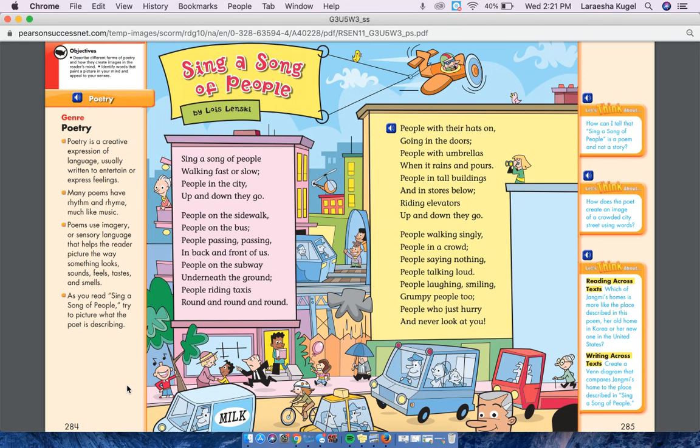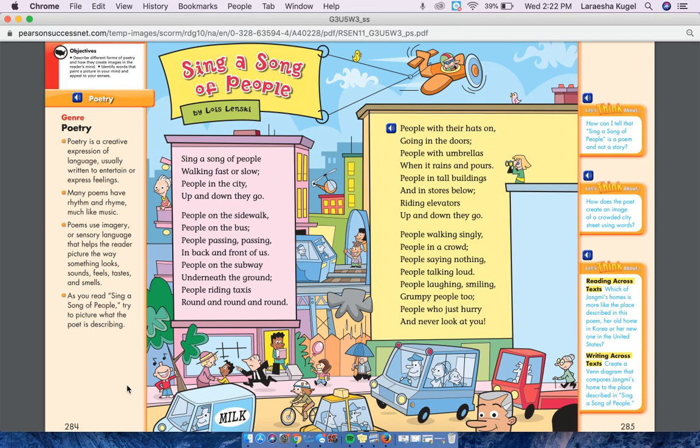And so as we read this today, I want you to think about how do you see that this is written in that way to entertain or express feelings? Many poems have rhythm and rhyme, much like music. So they're going to have a beat. And so as I read that, you'll see that each stanza is going to have its own kind of beat or rhythm to it. Poems use imagery or sensory language that helps the reader picture the way something looks, sounds,